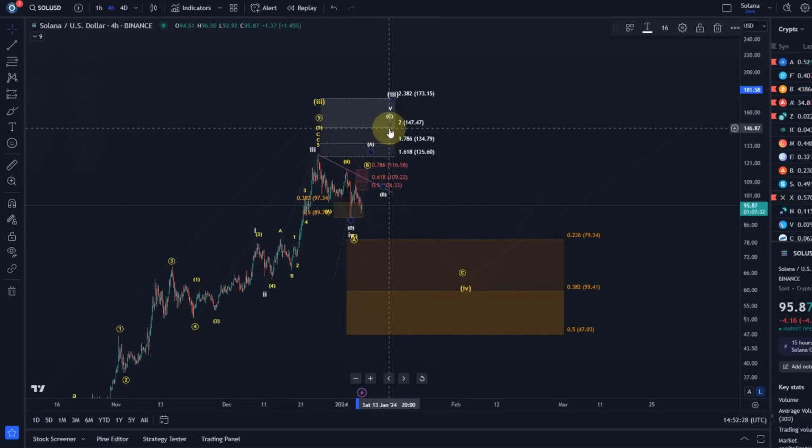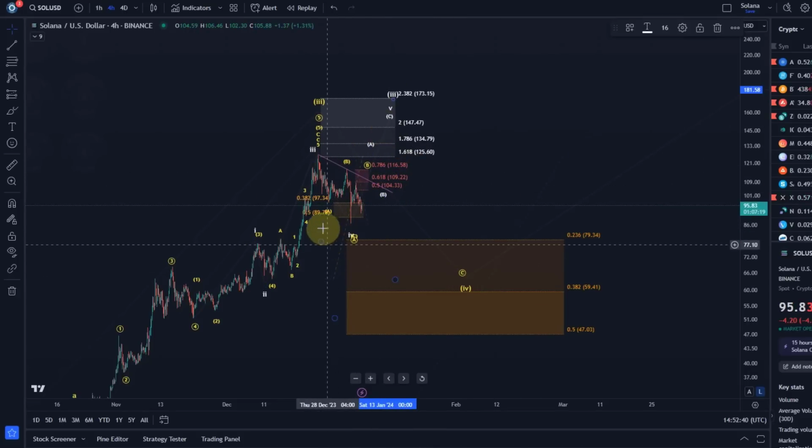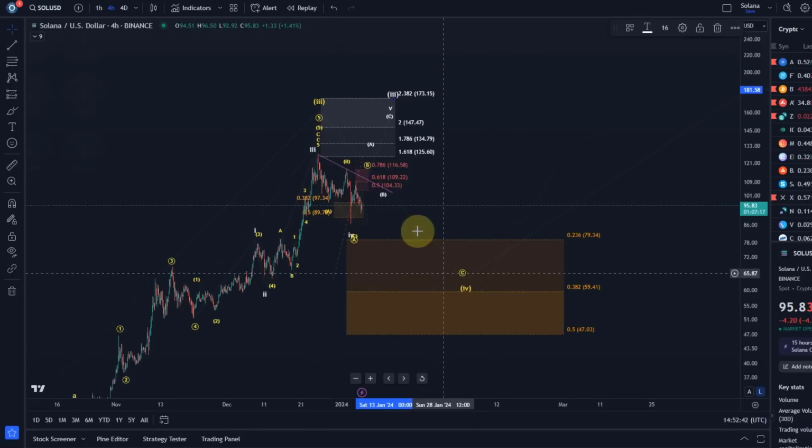Now I say marginally higher high. That is a significant increase from where we are now, but in the crypto market, it's not that much of a distance, to be honest. That is still realistic, and then we could still get the wave 4. So those are the two main scenarios we're dealing with on the smaller time frame.